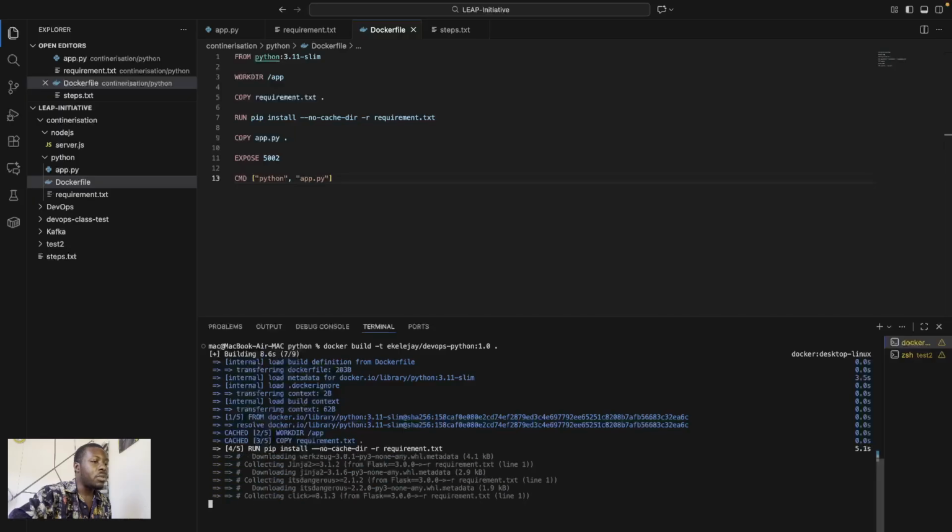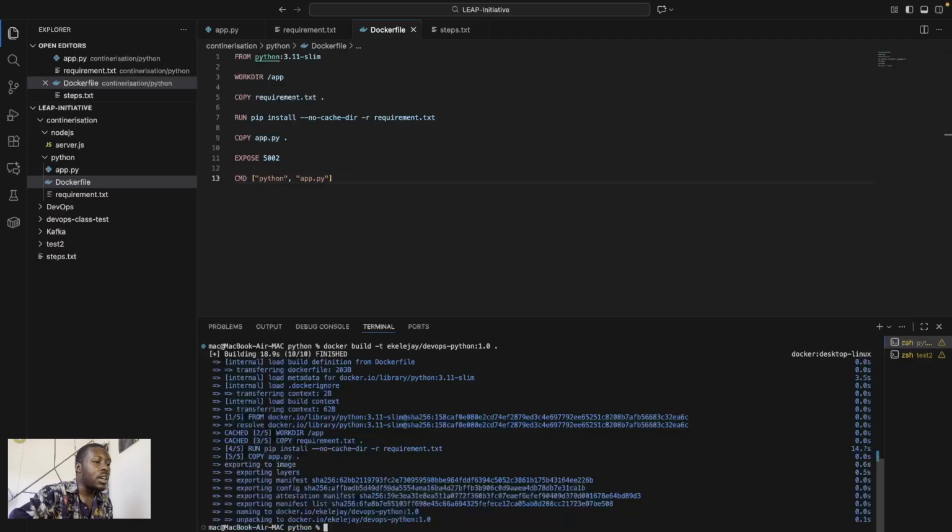So yeah, it proceeded. Now it is installing those dependencies, Flask. It is installing those two dependencies inside the container, not your local computer. Now the image has been built successfully.